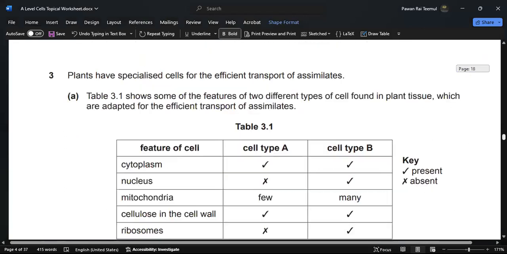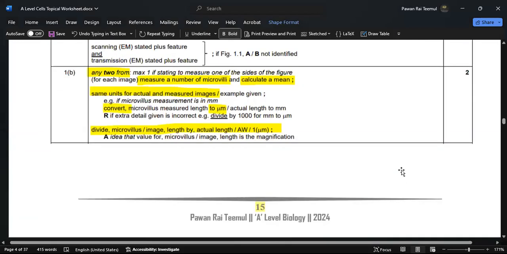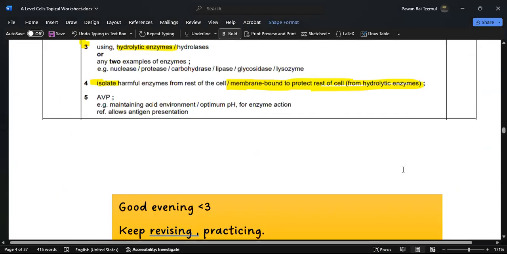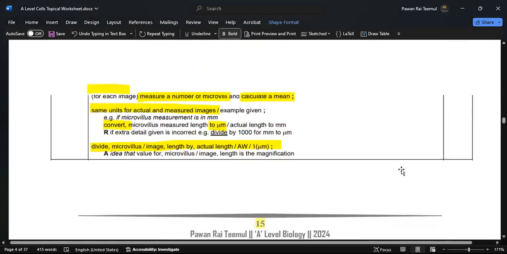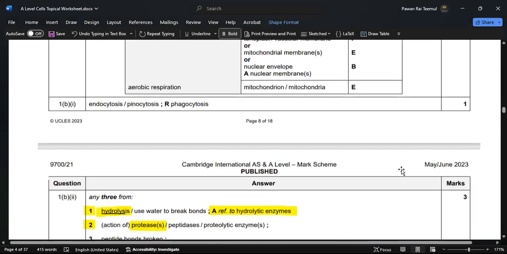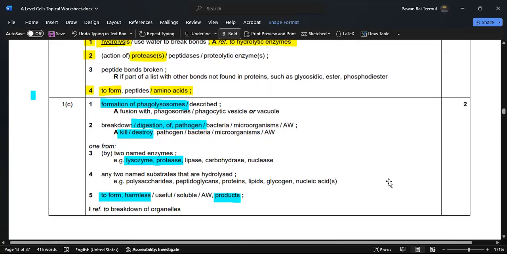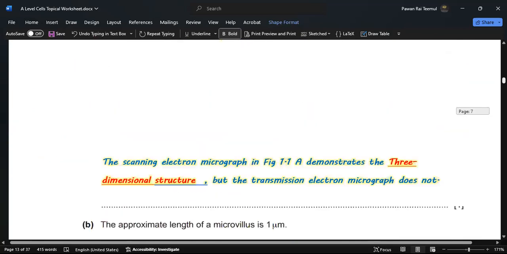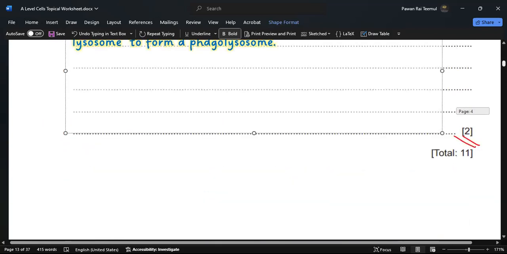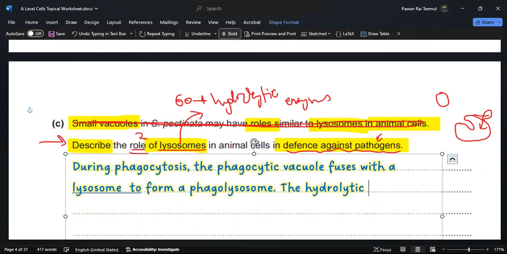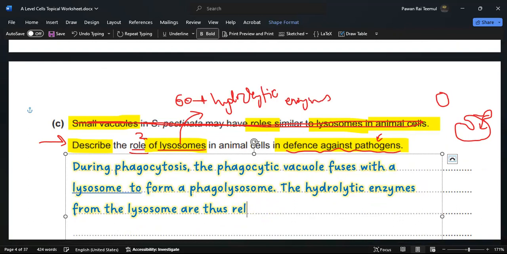Let me see, what does the mark scheme say again? A phagolysosome. Okay, formation of a phagolysosome, and then breakdown or digestion of the pathogen. Okay, full stop. The hydrolytic enzymes from the lysosome are thus released